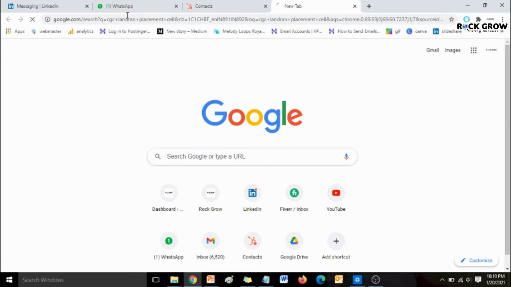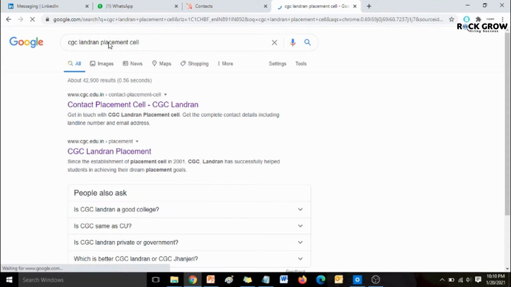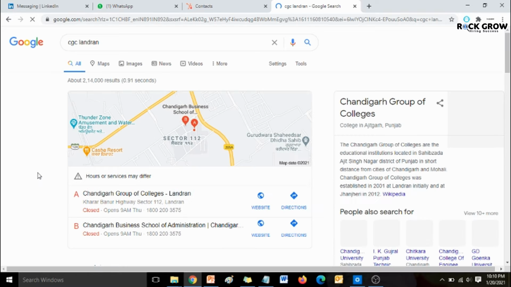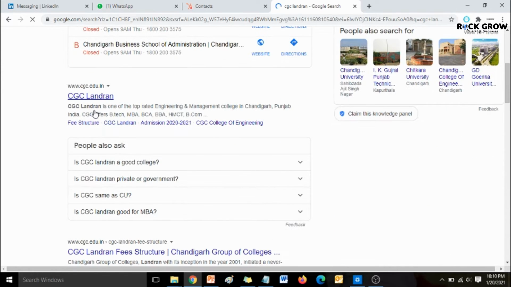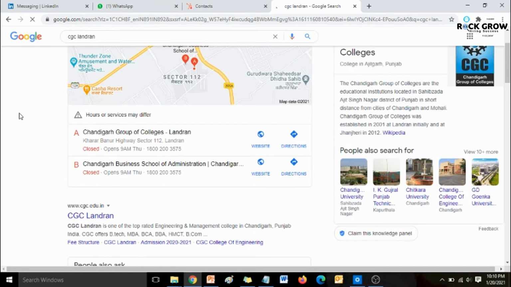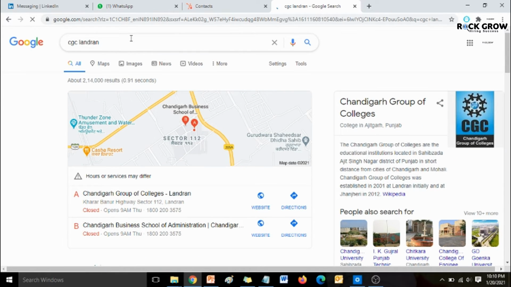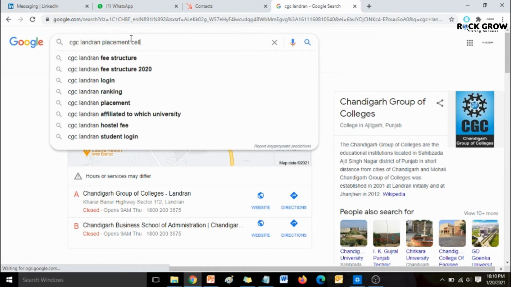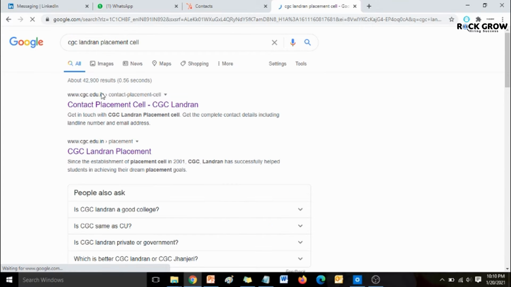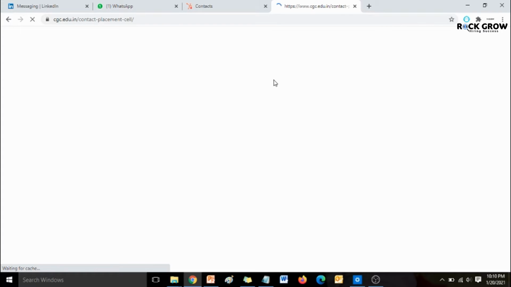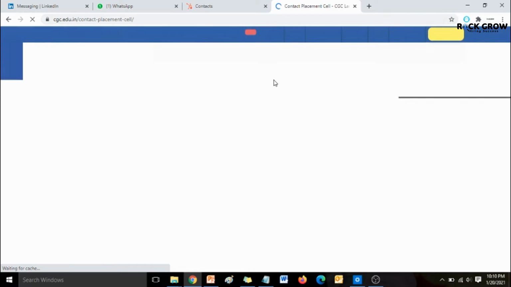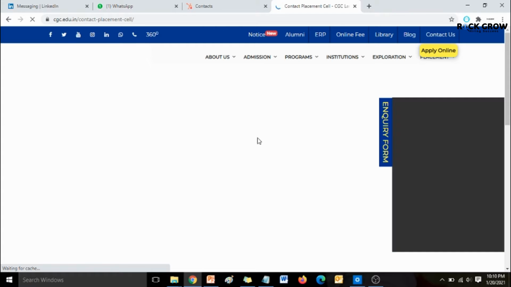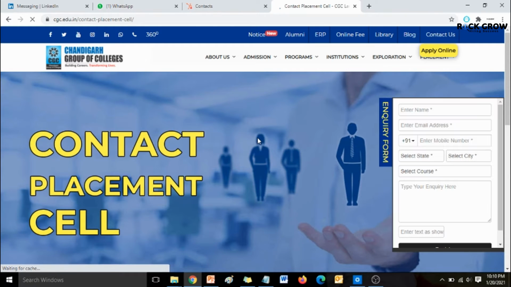In addition to the college name, all you need to do is add the keyword placement cell. Very important, because if you don't, you will basically get the main website of that college, and then you need to navigate and find the relevant details. So, to get a shortcut, add the keyword placement cell here. Hence, you will directly get the information from this page only. Now it may happen that in most cases you will get the contact details very easily, but in some cases you need to do some research.